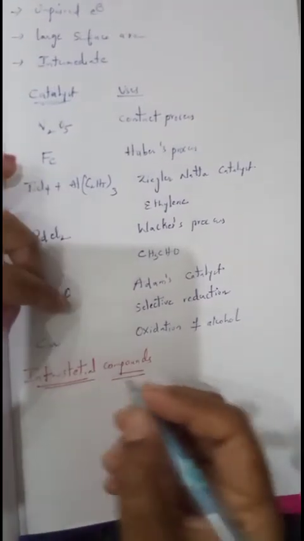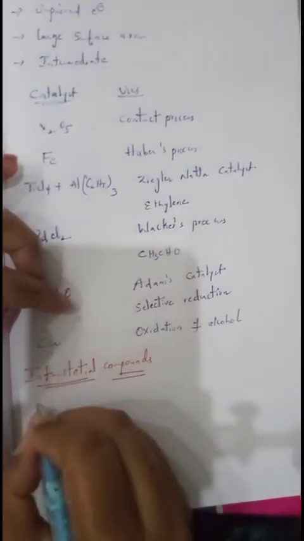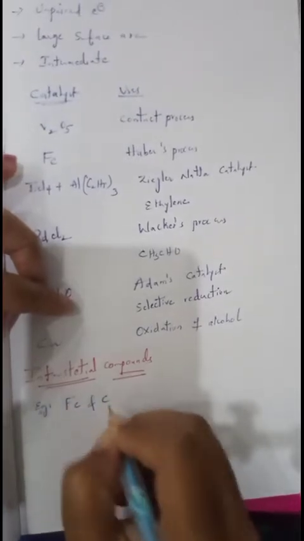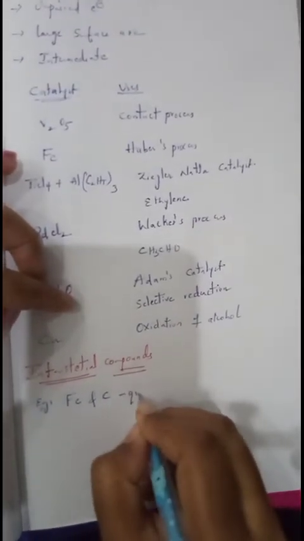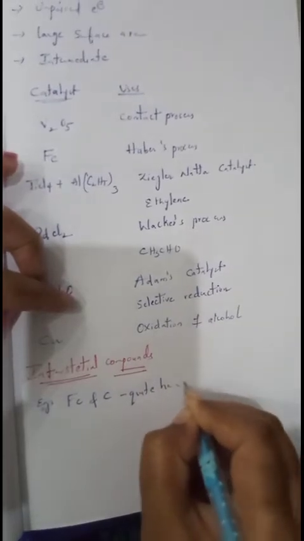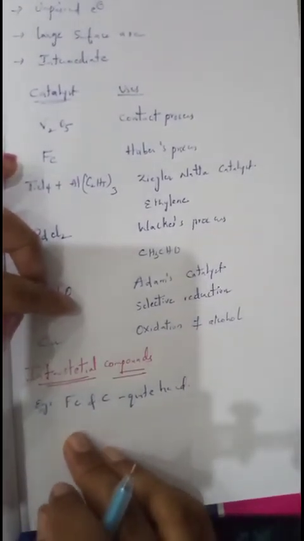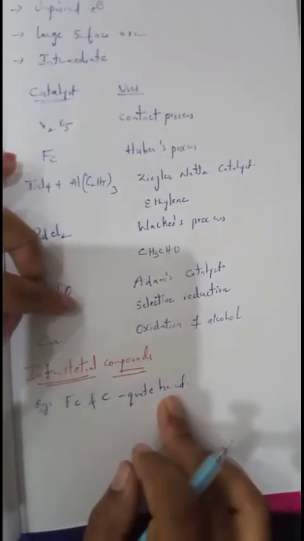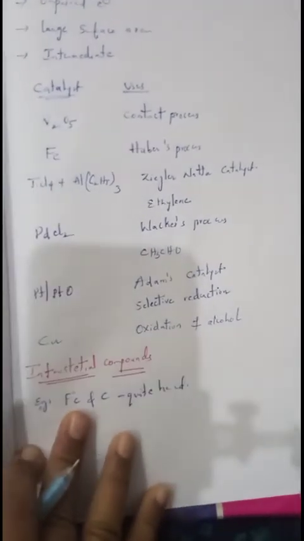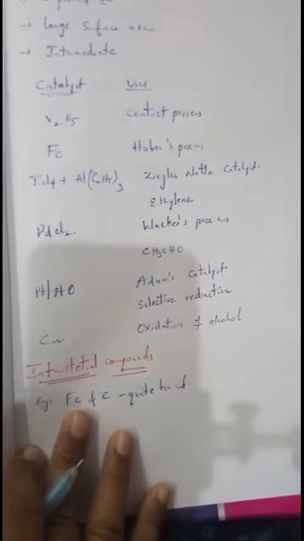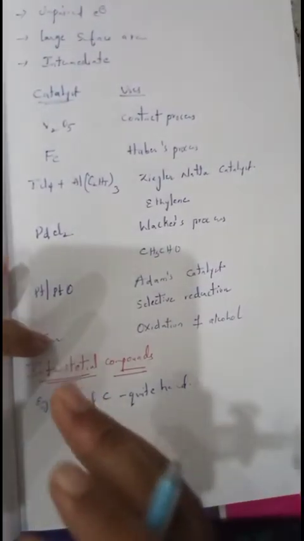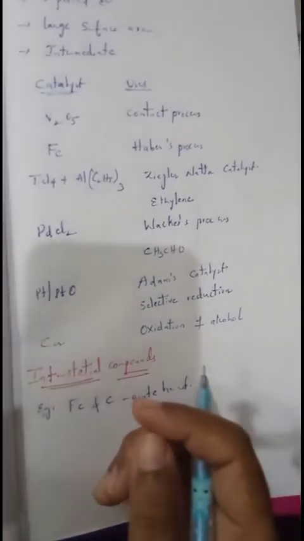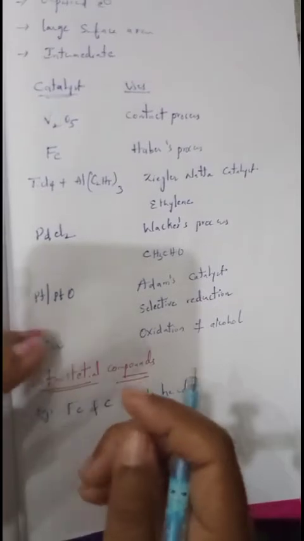For example, we will take the interstitial compound of iron and carbon. That is quite hard compared to the general compound. The general compound of iron is less hard, whereas iron which is mixed with carbon is quite hard. This is called an interstitial compound. So an interstitial compound is nothing but a combination of 3D series elements along with small elements occupying the empty spaces present in the lattices.